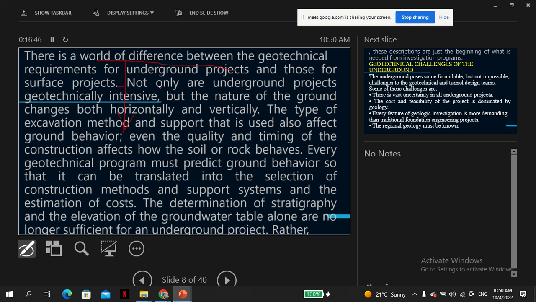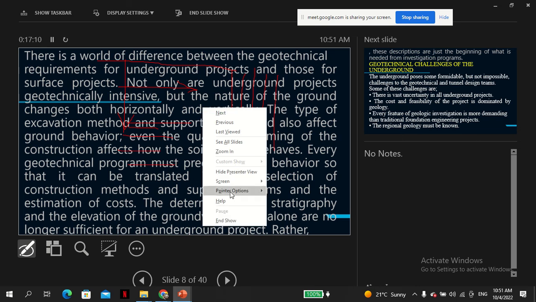Again, as you go horizontally, there's variation in terms of probably permeability, variation in terms of stratification. The soil may be stratified this way, or may be stratified. So the point is there are a lot of variables that you need